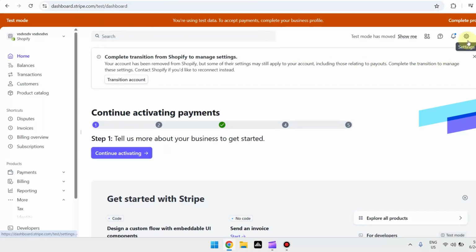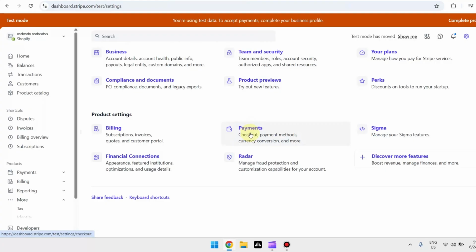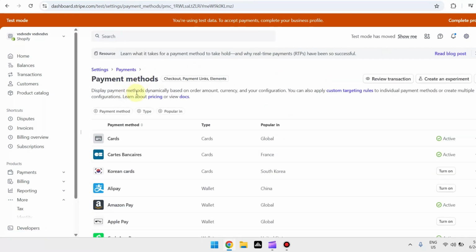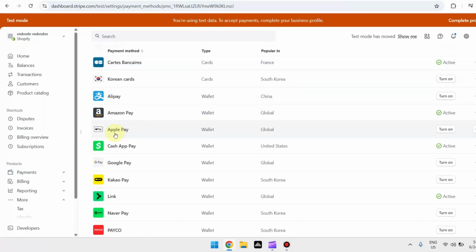Next is just head over to settings by clicking on this icon, then scroll down, then click on payments. Next is click on payment methods. So from here, you can see a list of payment methods available and just scroll down and look for Apple Pay. To make sure that Apple Pay is enabled, it should be the same with other payment methods that has